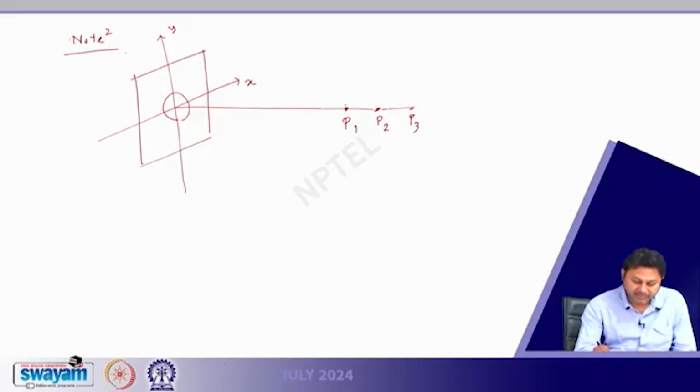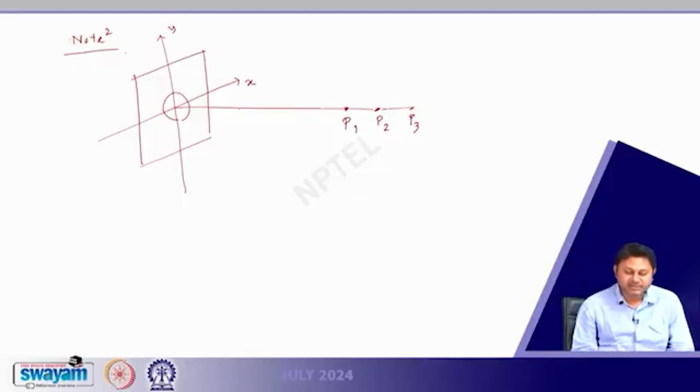So at this point, if I come forward, then the value of R0 will change, and since the value of R0 will reduce, we have reconstruction of the zone, because the zone area and the zone radius both depend on this value R0. So if I move from this point to this point, this value is going to change. So if the distance is such that only the first half period zone of the wave is coming here at this point,